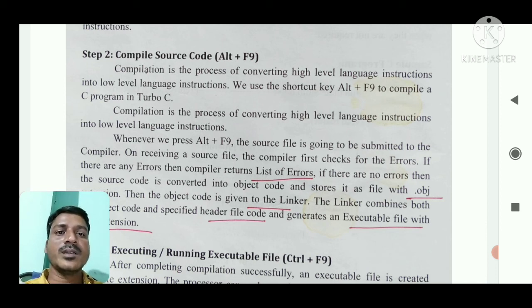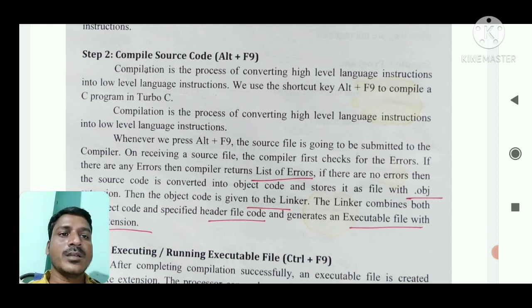So then on receiving a source file, the compiler first checks for errors. If there are no errors, the source code is converted into low level language instructions.